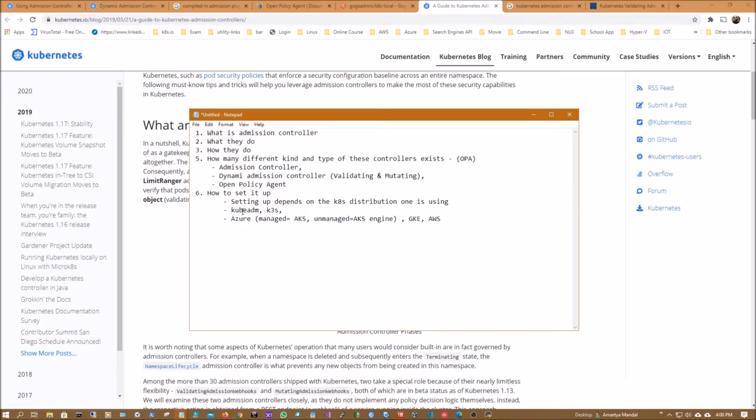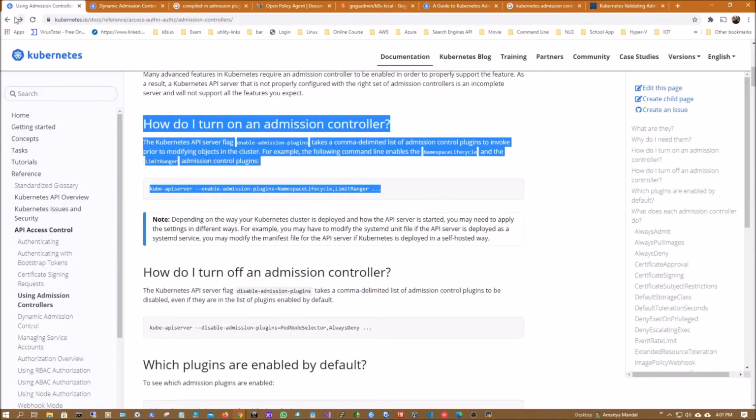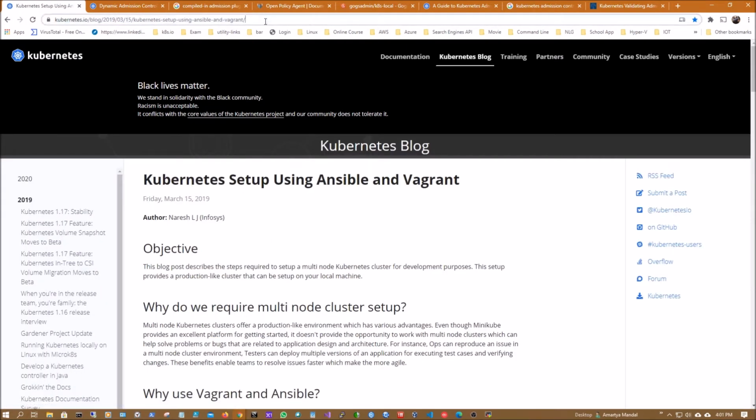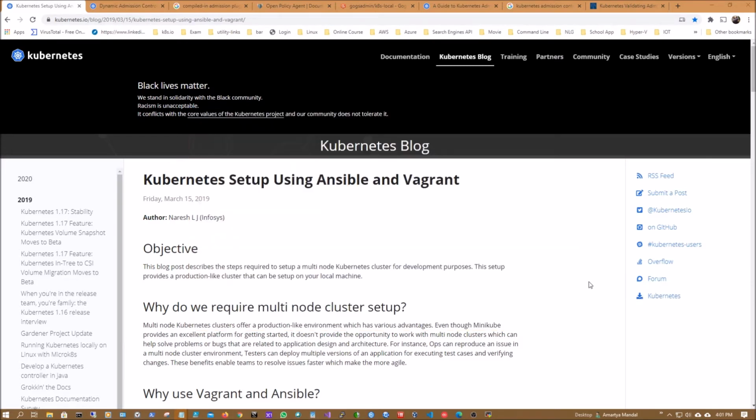So I'd like to show you how you can do it if your cluster has been provisioned based on kubeadm. So let's start from there. To understand that, one thing you can do: Kubernetes.io has a nice article for a starter. This particular URL, which I will post under this YouTube video,